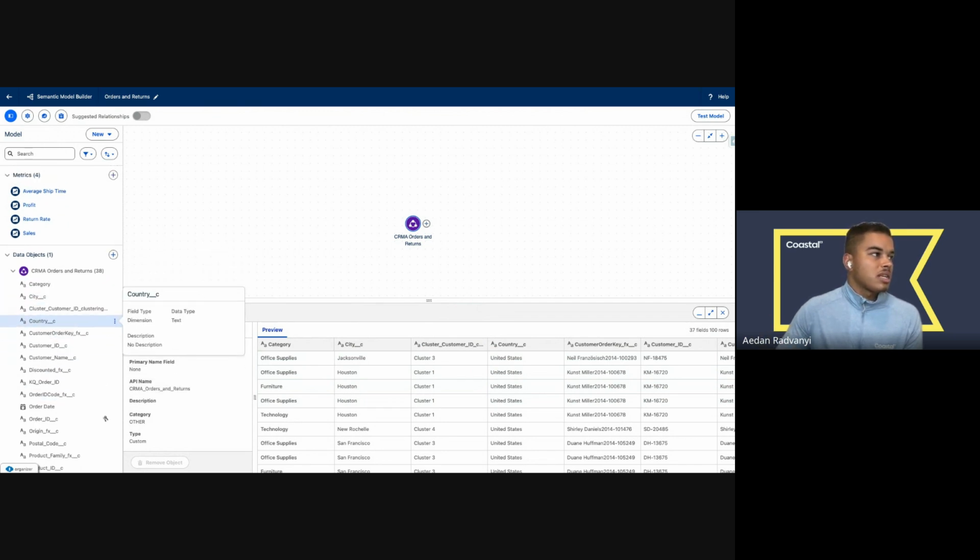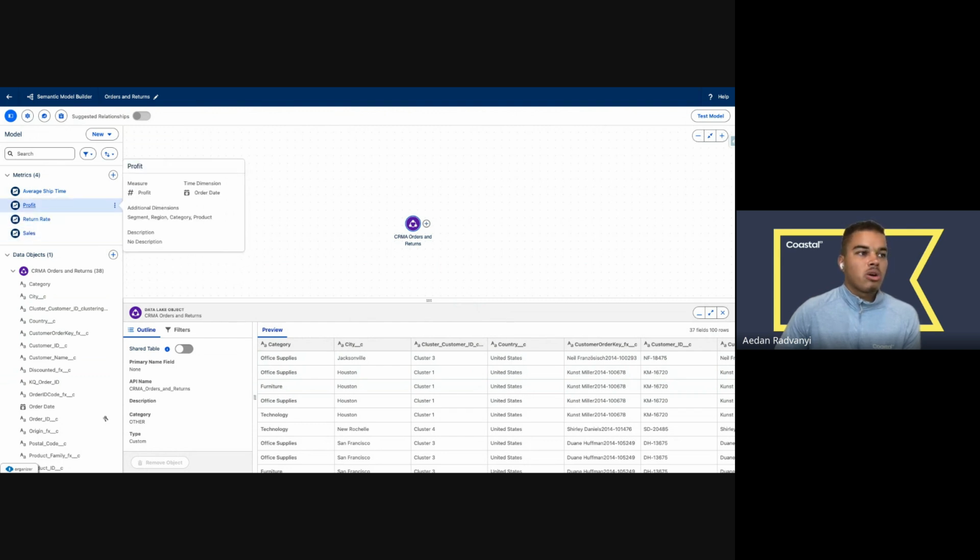But what's interesting is now that I'm in the semantic layer and with Tableau Next, I have further capabilities. So I can do things like assign business preferences and ensure that the analytics agent is able to work with this data. But the other thing that I've been able to do is actually define metrics on top of this data set. I've picked out a few here: sales, return rate, profit, but very low code, clicks not code, focus on taking this data set and leveraging the advanced capabilities that we have.